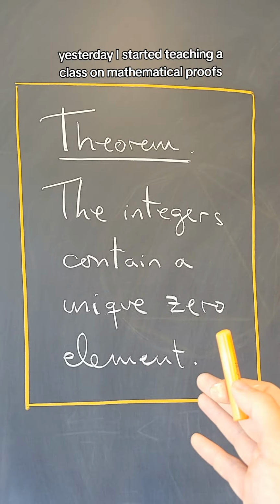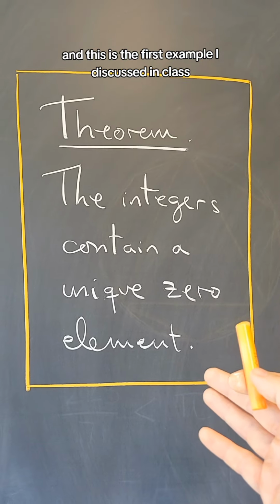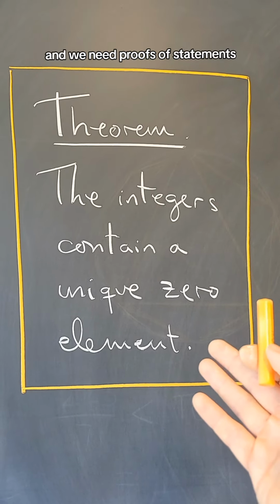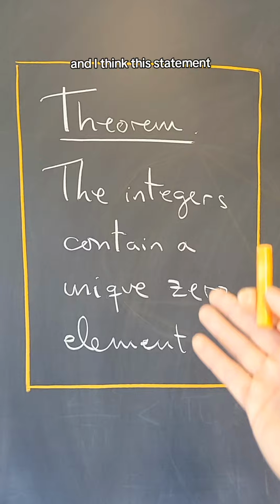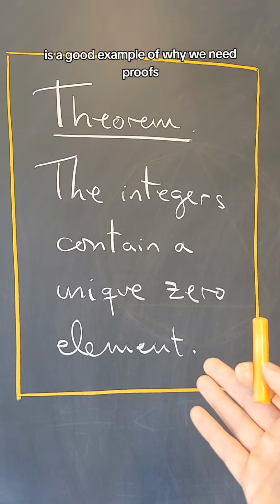Yesterday, I started teaching a class on mathematical proofs, and this is the first example I discussed in class to illustrate the fact that we need theorems and we need proofs of statements. And I think this statement, the integers contain a unique zero element, is a good example of why we need